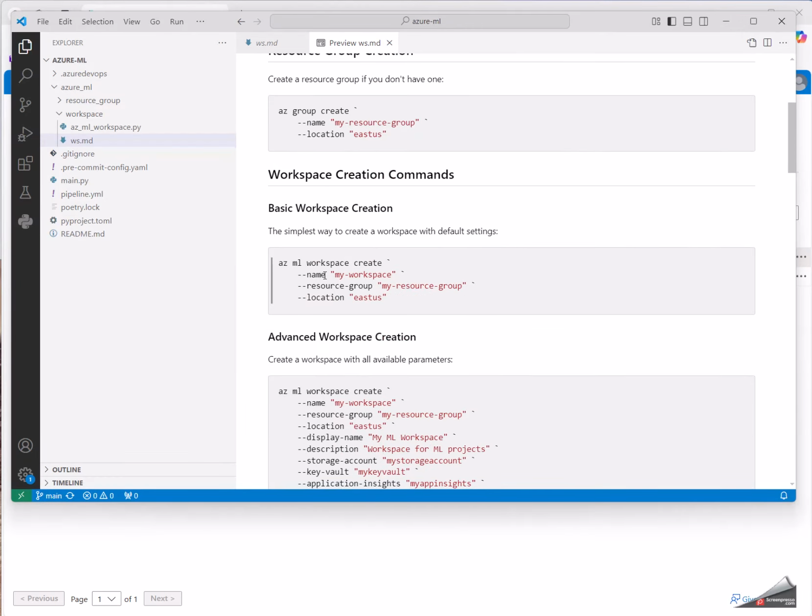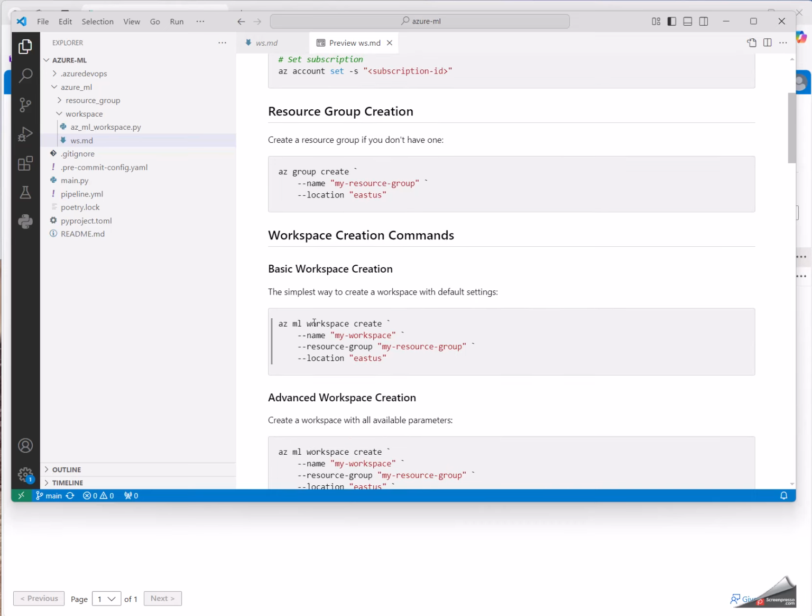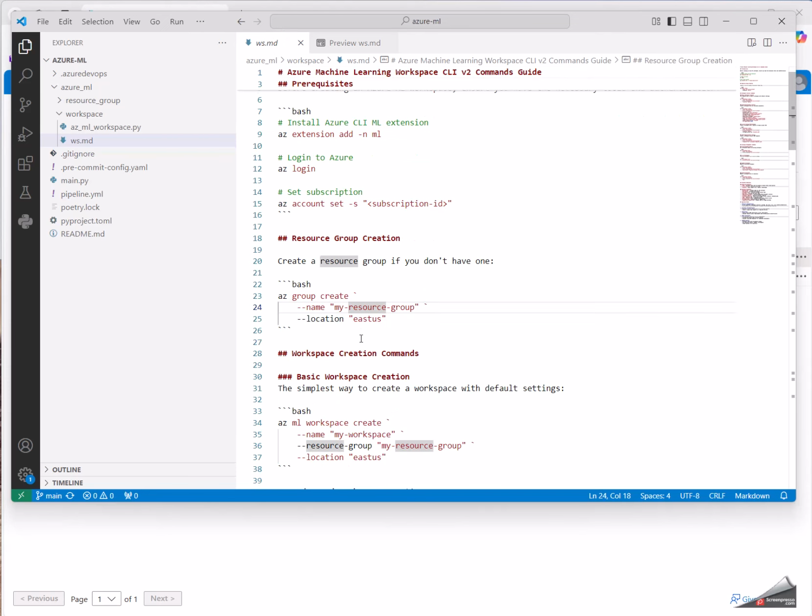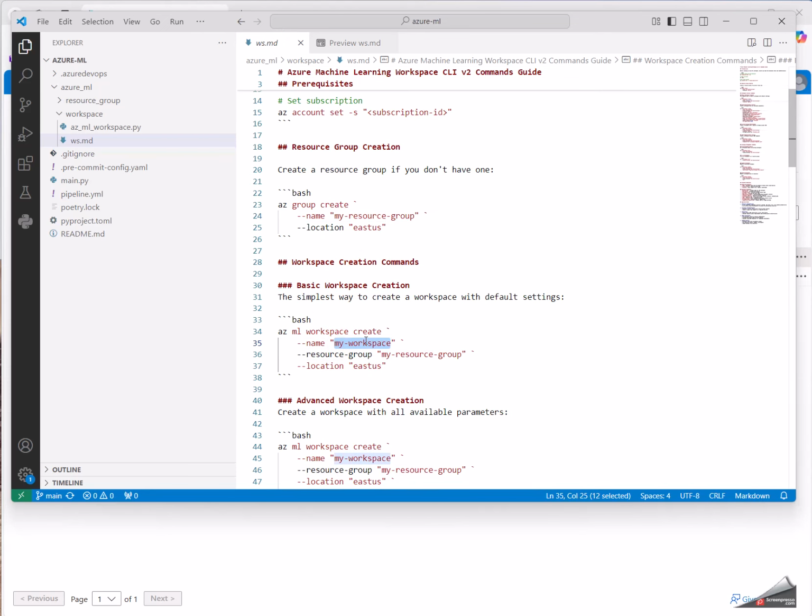Now, let's assume that you already created a resource group. If you didn't have it, you have to create it using this command here. But for me, I will use this. I have to update it here. And for your resource group, I don't know what you want to call it, but let me just call this workspace CLI 01. It means created by CLI.